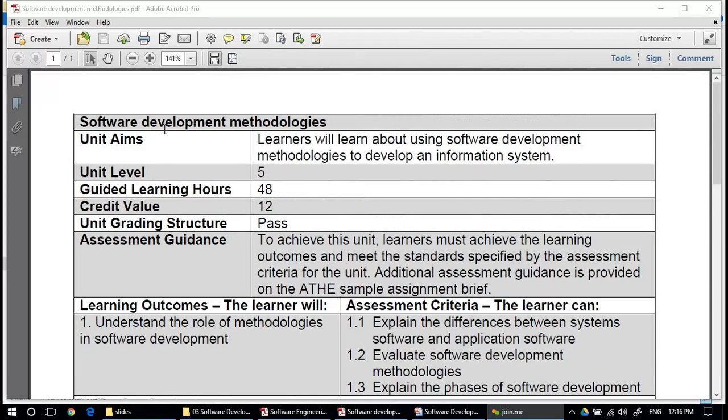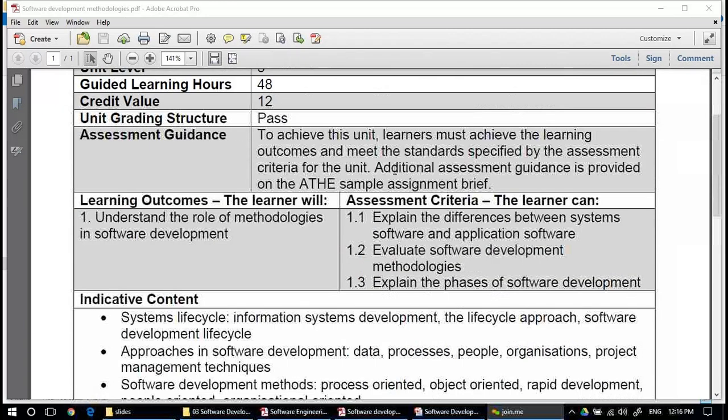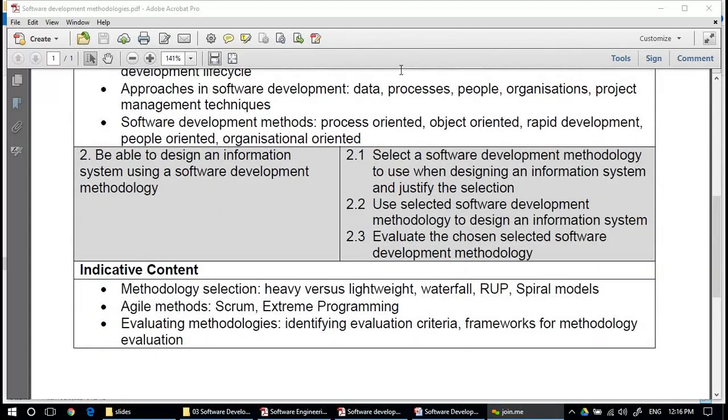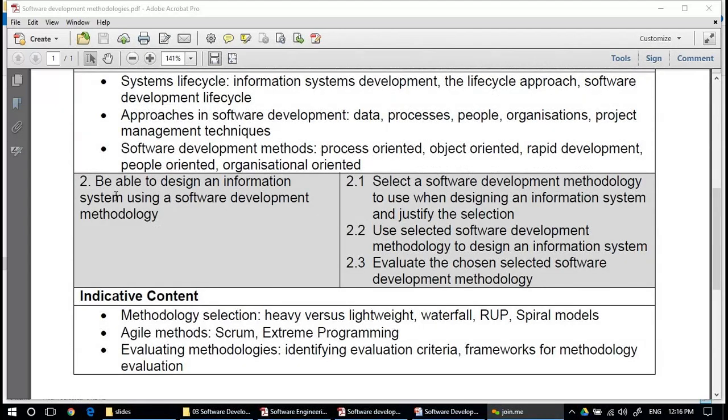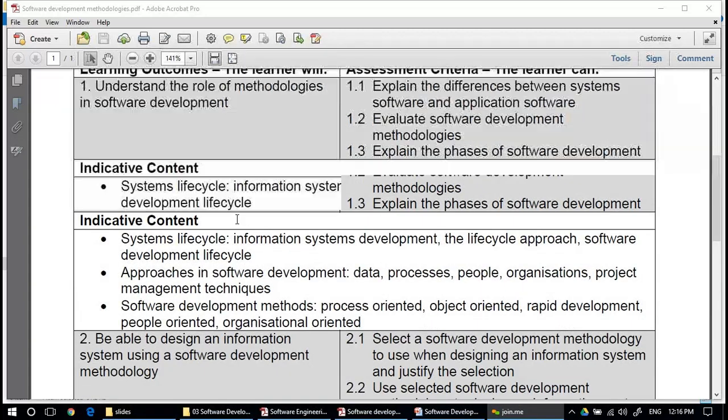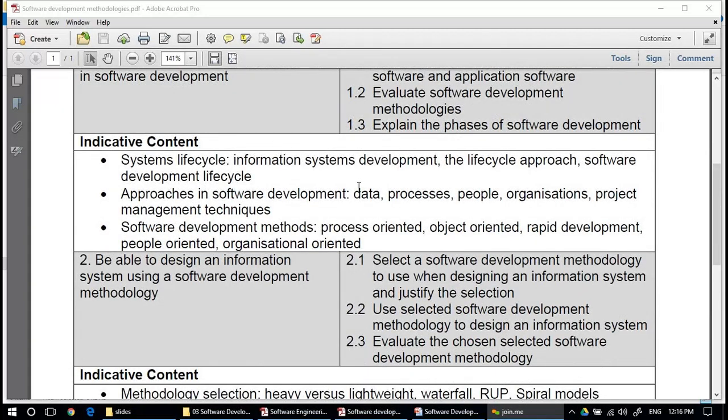System development methodologies and learning outcome 2. Learning outcome 2 is to be able to design an information system using software development methodologies. In learning outcome 1 we gave an introduction to these software lifecycle methods, and obviously data processing, people, organization and management techniques were there.